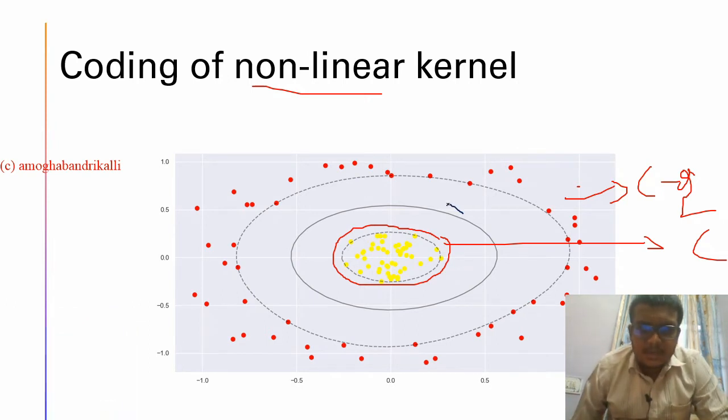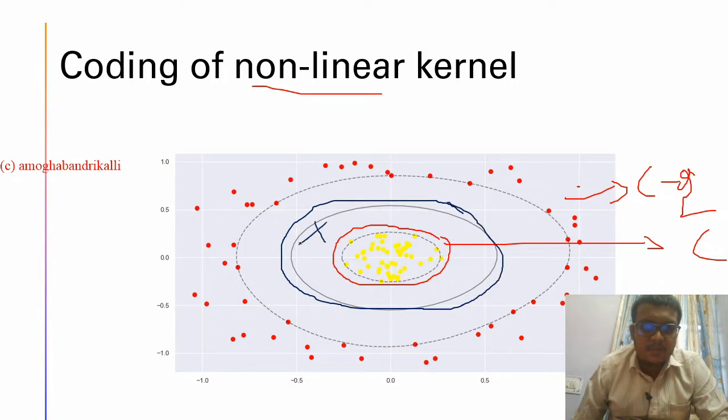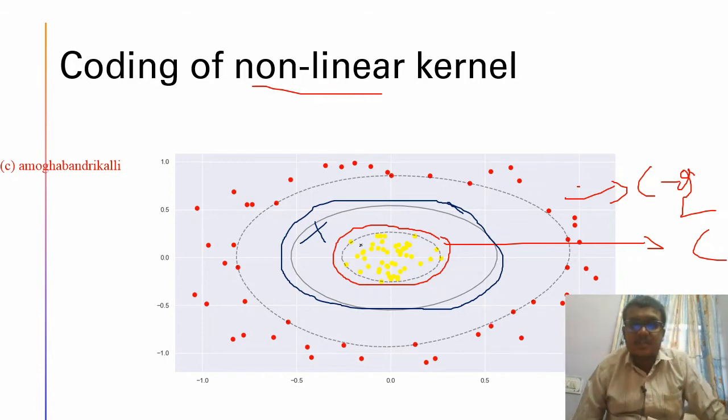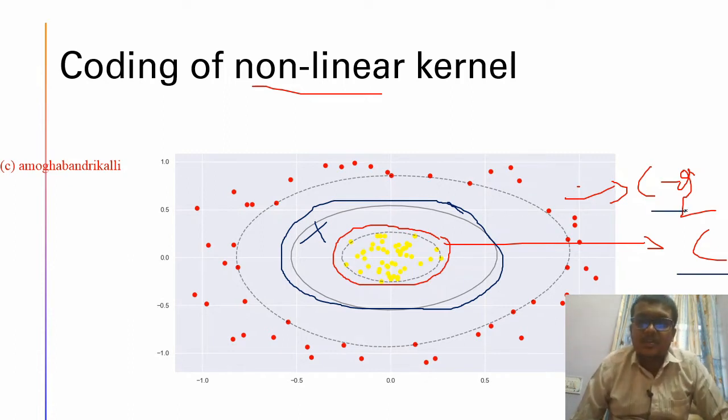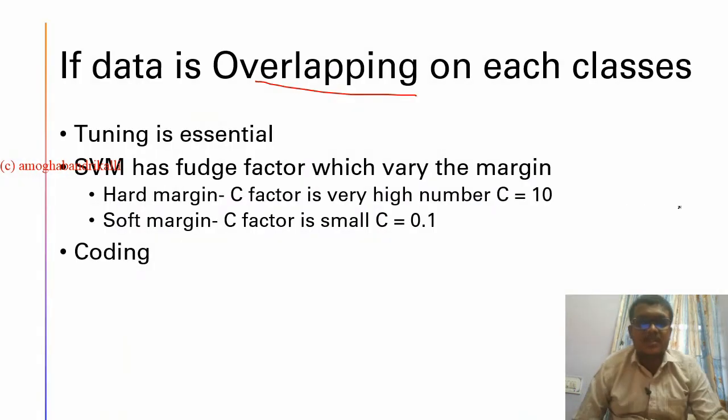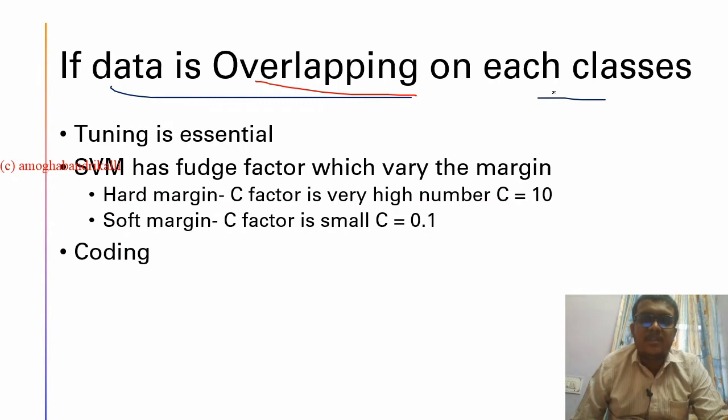So this is a circumference which the RBF function has taken. If we have a new value, it is going to take a circumference distance with this new value. If it is nearer to this, it is going to belong to class 1. So that is the decision. If it is not, then it is going to be class 2. So that is non-linear.